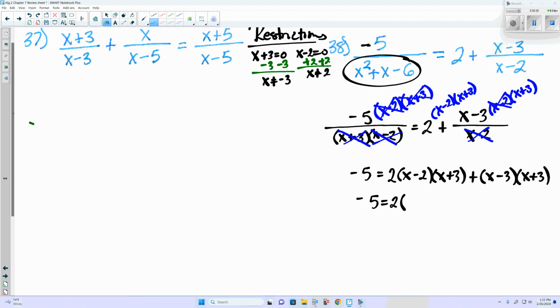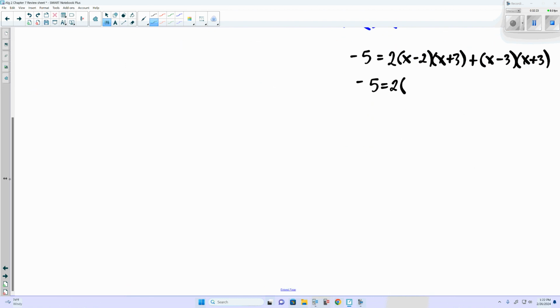Because if we multiply that out, and I'll go on and write it here, x times x would be x squared. X times 3 would be plus 3x. Negative 2 times x would be negative 2x. And negative 2 times 3 would be negative 6. Which does end up giving us x squared plus x minus 6. Now, if you're able to notice that x minus 2 and x plus 3 came from our x squared plus x minus 6, you could have just replaced it at this point here, because it'll get us back to the same place. Plus,